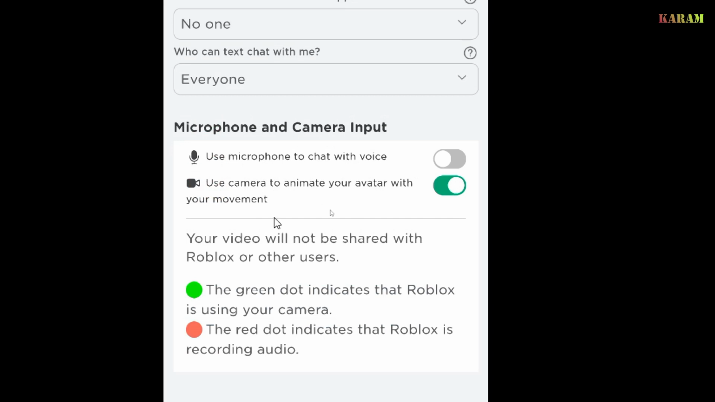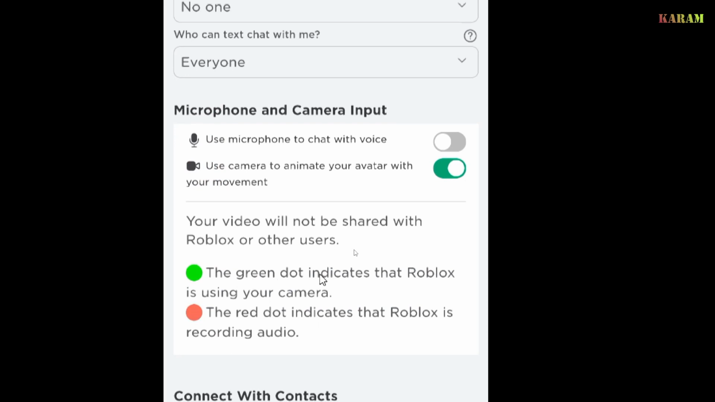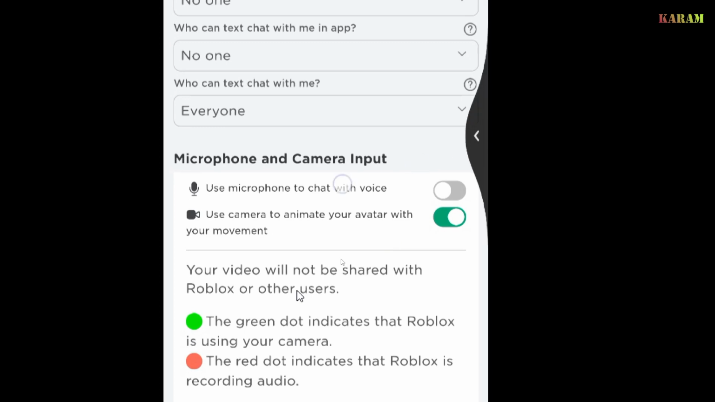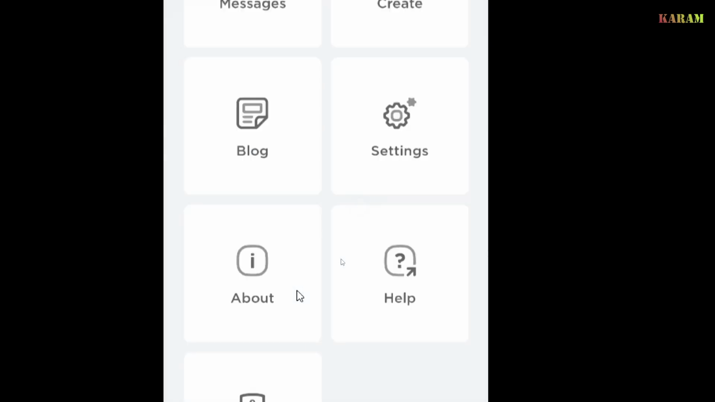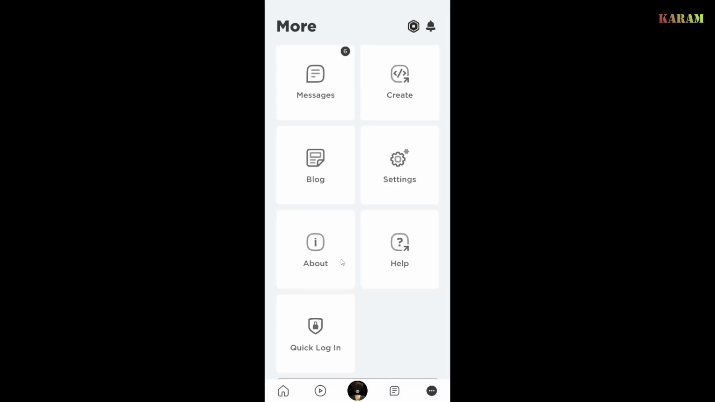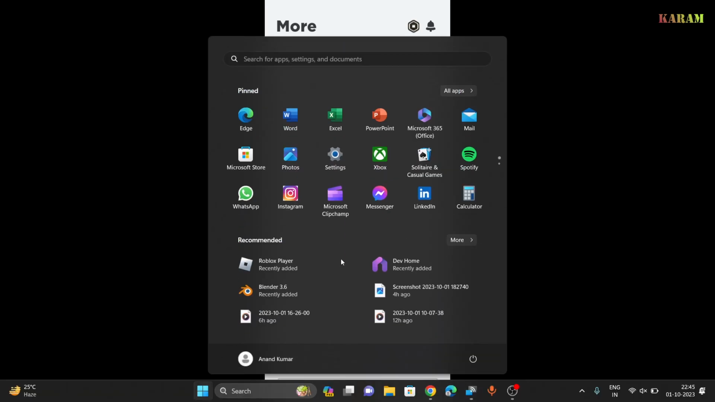Once you enable it, it says that a green dot indicates Roblox is using a camera. So if the green dot is in the face cam, then it means your Roblox is using the camera, and it means you can use the face tracking option in the game. So just come out of the settings and